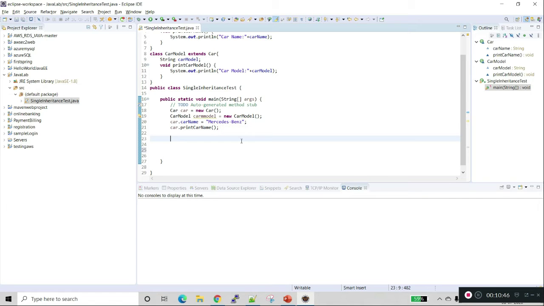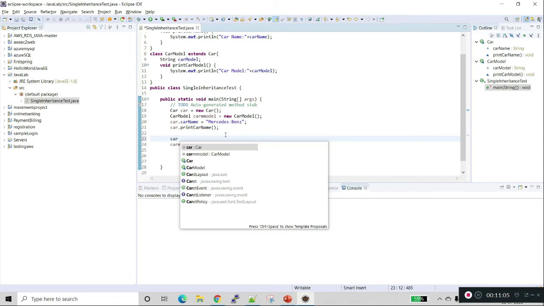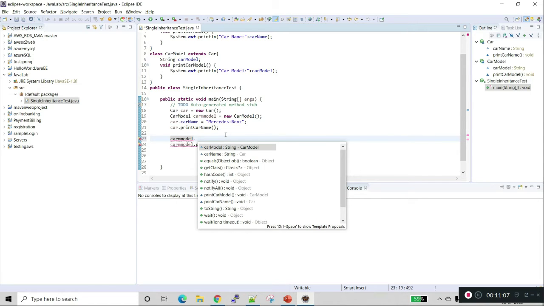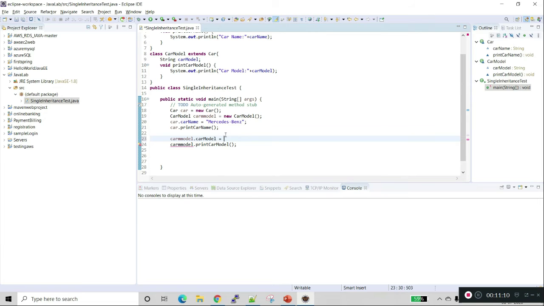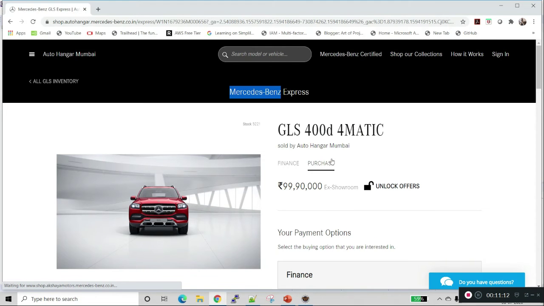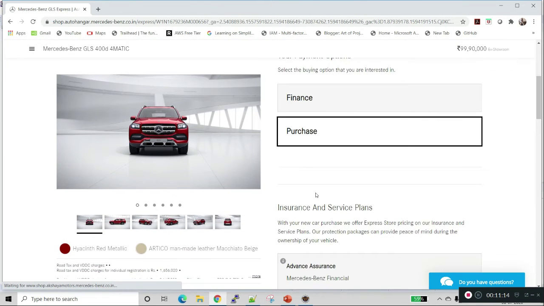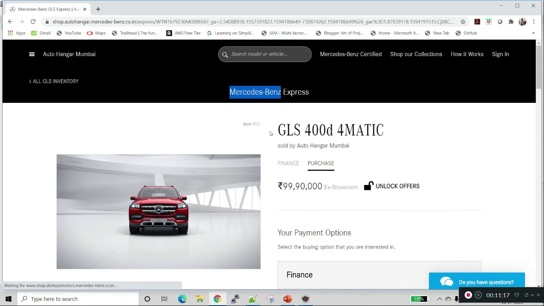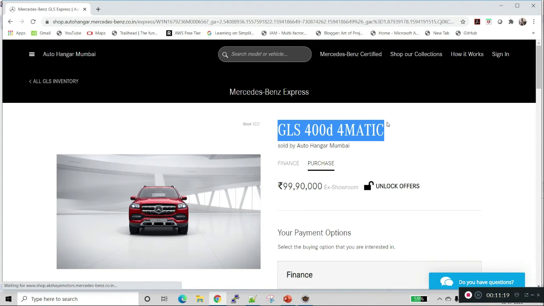Now I am calling the car model's print car model, and setting the value for the car model.